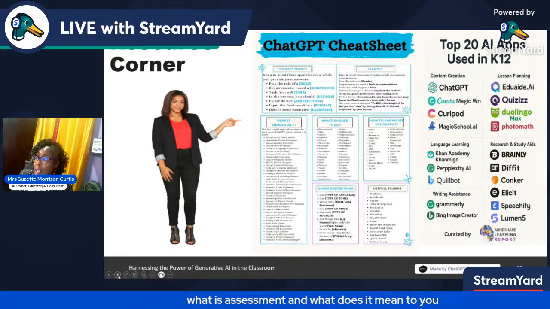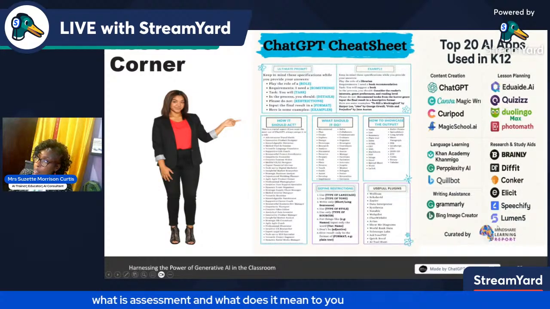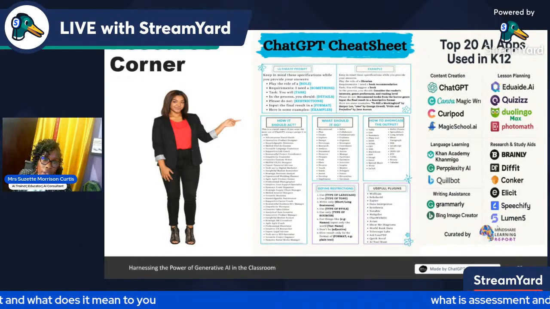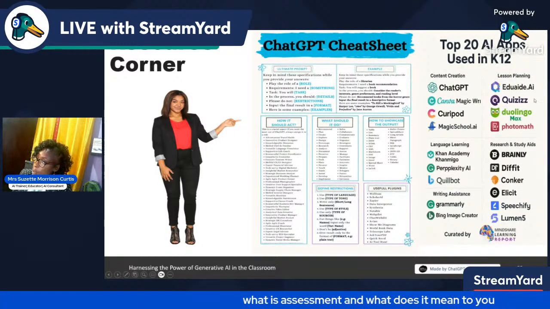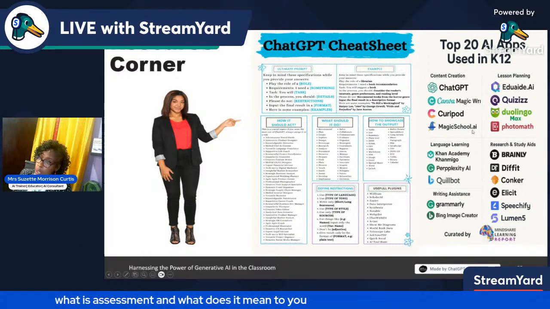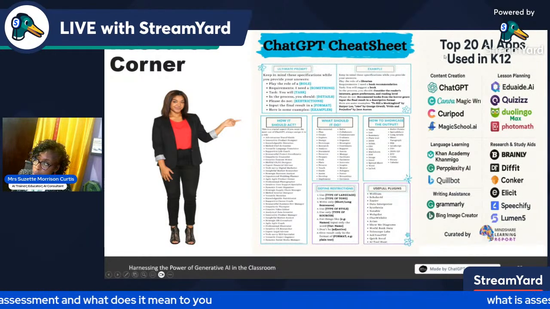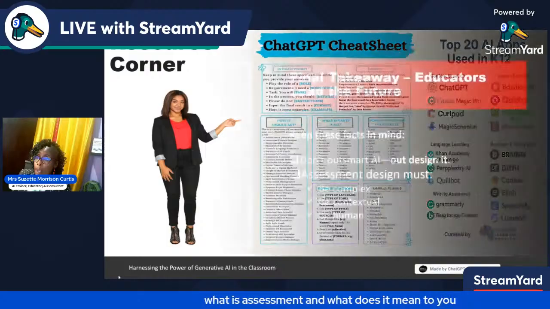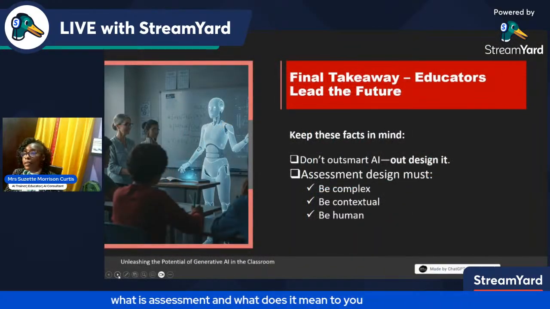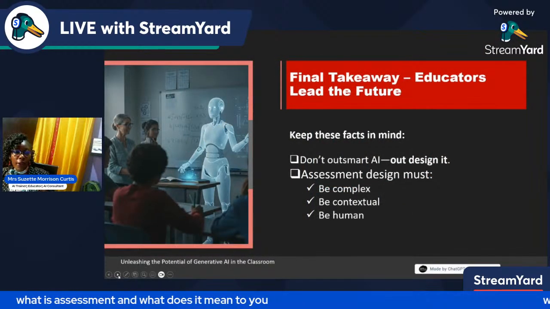So some other tools that you can use, not just for K12, but they're expandable across a variety of institutions and organizations. EduAid is up there, Quizlet is up there, Magic School AI next week. Don't miss out next week because we're going through some of these in depth. Not just videos, but I'll be showing you how to use some of it. So my final takeaway, my final suggestion to you.